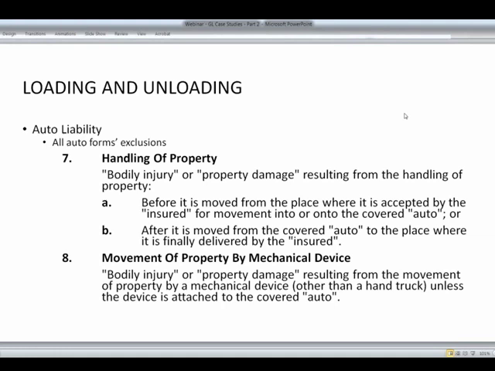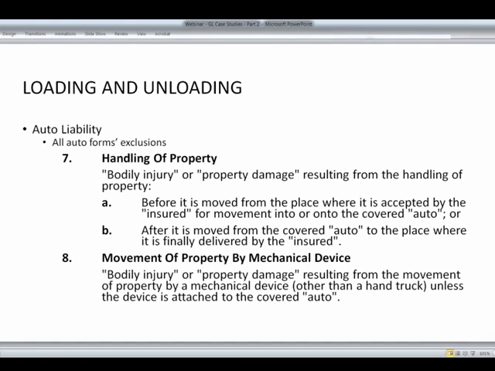So what this is saying is that before the move starts, if something happens, it's GL, meaning it stacks up there, somebody trips on it and falls on it, it's GL. But once it's started to be moved, in other words, the insured takes possession of it, moves it to their vehicle, then if it's damaged moving to the vehicle, it's covered under the auto. Once it's being carried, it's auto.